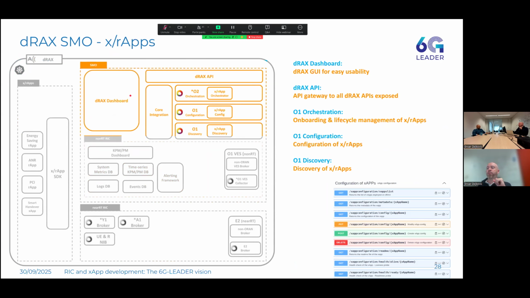The SMO is, of course, accompanied with a dRAX API, which is a sort of API gateway that allows you to basically expose any of these APIs and utilize them. And, of course, a dashboard, which we will interact with in the session, which is our GUI interface into all of this world, and basically in the background uses the APIs. But just to mention that you have a dashboard for easy-to-use access, and then also APIs if you want to do more of a programmatic approach to the challenge. Of course, all of these APIs are fully documented, which we'll also see. So the documentation of all the APIs present in the system is available as part of the product.